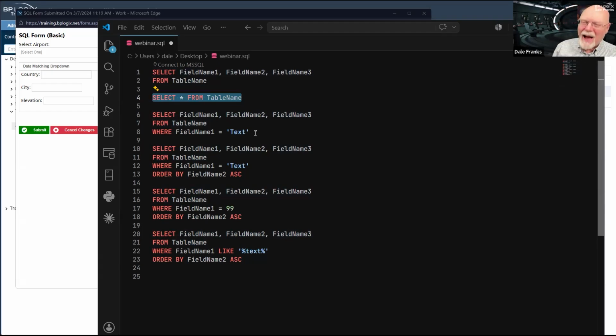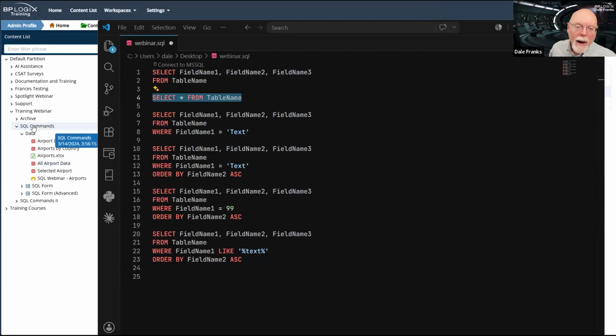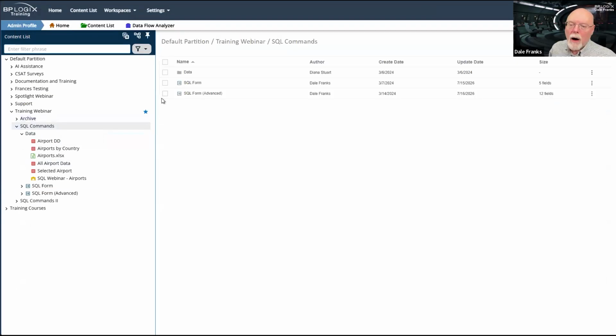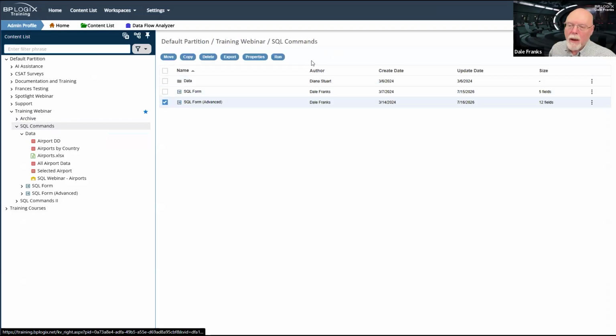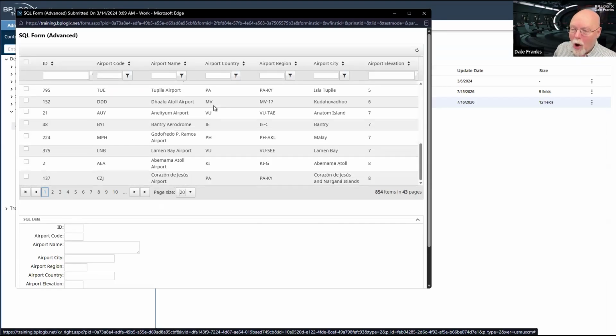If you know how that query works, then you're already well ahead of the game. That will always return everything to you. So if I were to go back to our advanced SQL form here and run it, up here in the very top, which is where my data list is, I have all of my airport data.